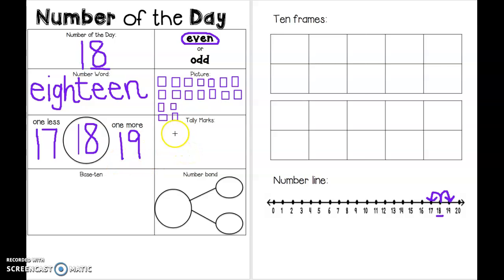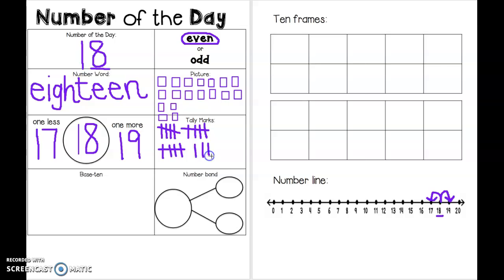All right, now we're going to do tally marks. Remember, for every 5, we are going to cross over. Ready? 1, 2, 3, 4, cross 5, 6, 7, 8, 9, cross 10, 11, 12, 13, 14, cross 15, 16,